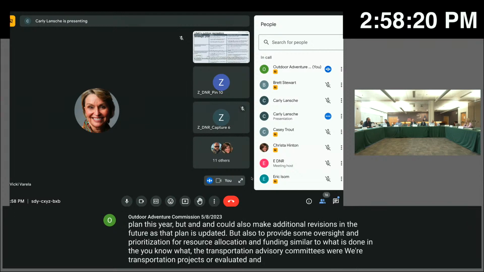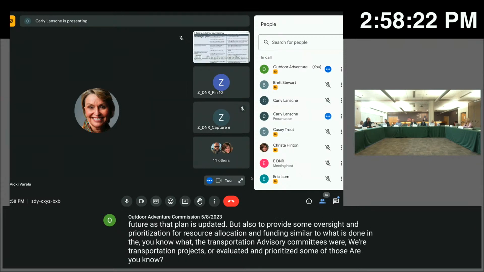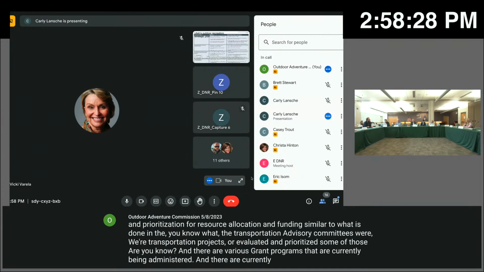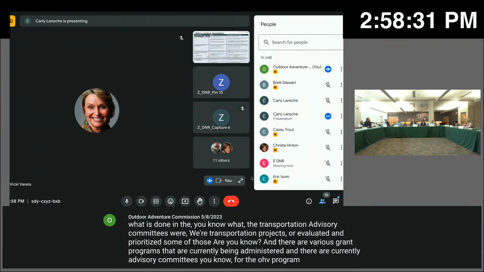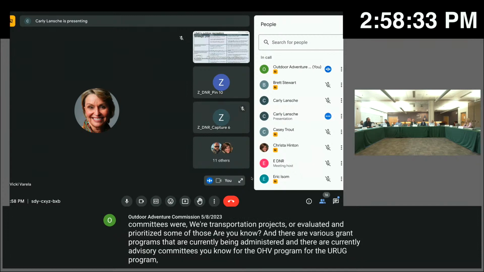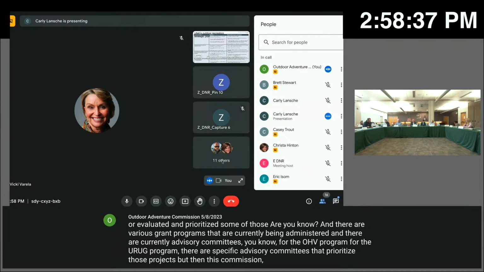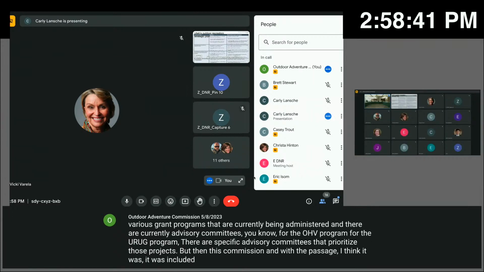Some of those are, and there are various grant programs that are currently being administered, and there are currently advisory committees for the OHV program, for the UORG program. There are specific advisory committees that prioritize those projects. But then this commission, and with the passage, I think it was included in HB 384 this year, that a